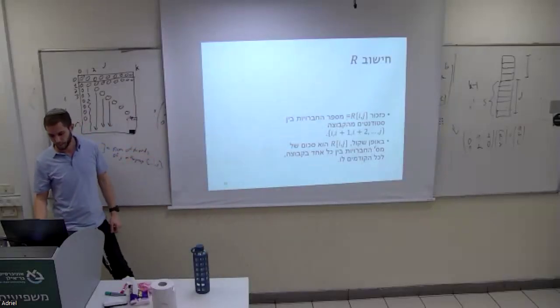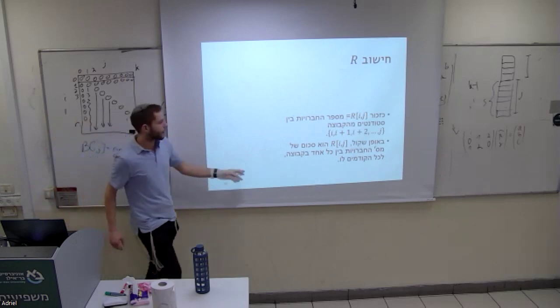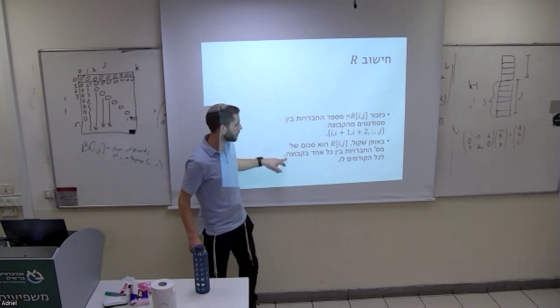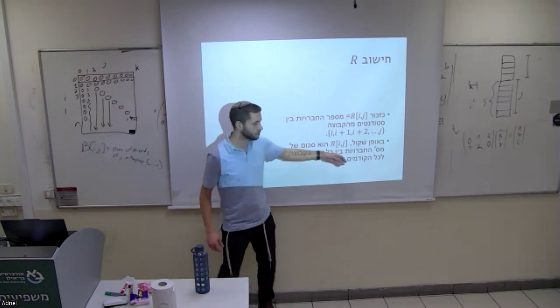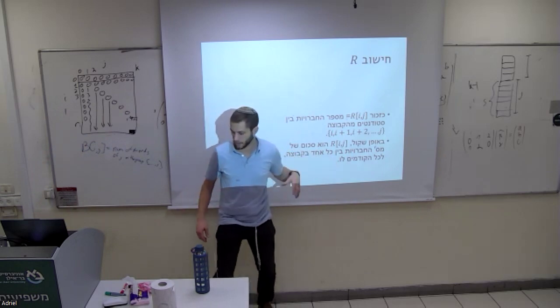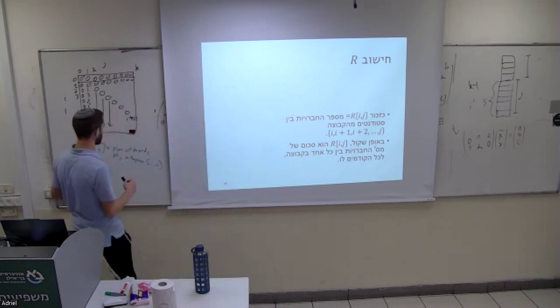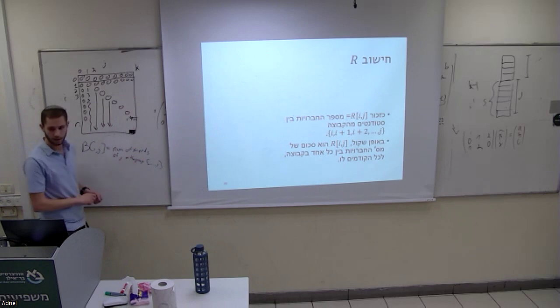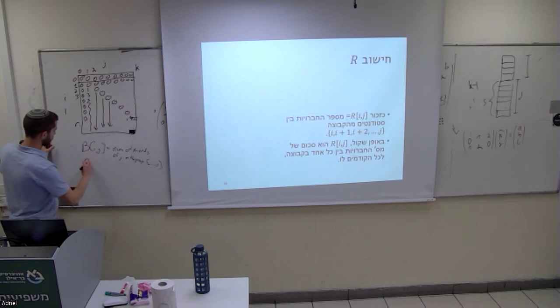You'll see it in a second. So remember, Rij is the sum of the number of friendships between every one of the group to all the previous ones. Okay? So before we have Bij, which is the number of friends of J in the group I till J. But really, if you want to calculate Rij,